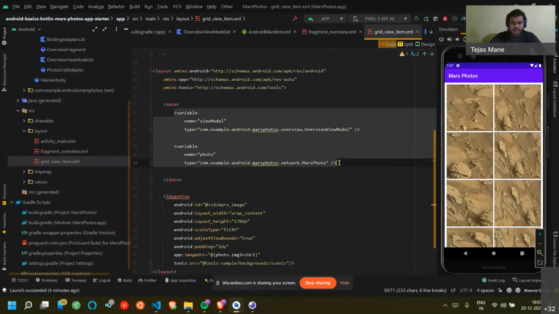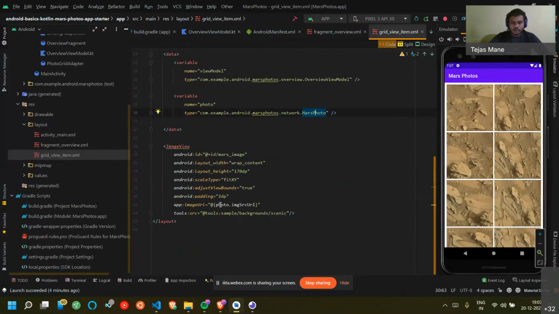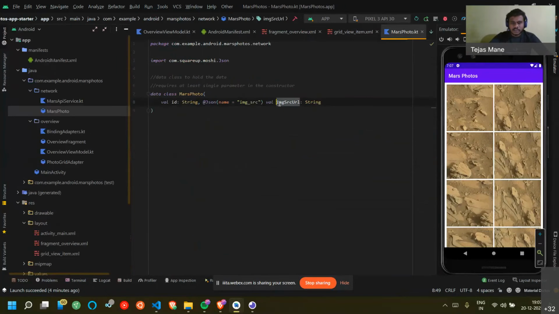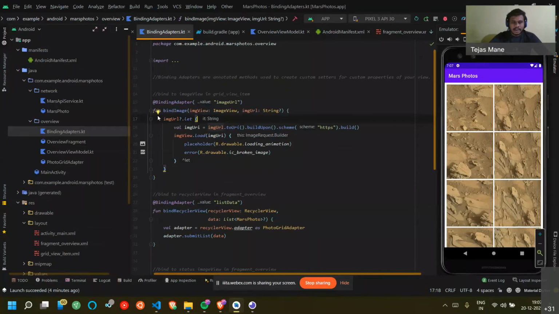This variable is defined here in the data part. You can see variable photo, which is of type Mars photo. You can click on this and see, yes, this is the photo object, which is a Mars photo, and we're accessing photo dot image src URL, which is defined here in the constructor. So for a single photo we are accessing its URL and setting it as an image URL, and this property is defined in our binding adapter, and the actual operations are happening here, like